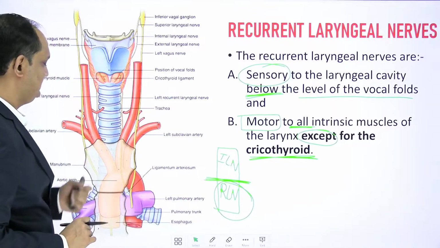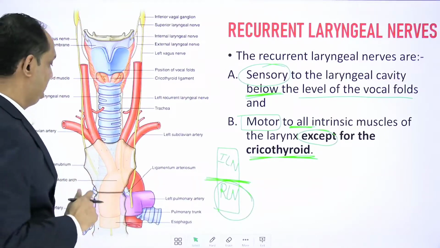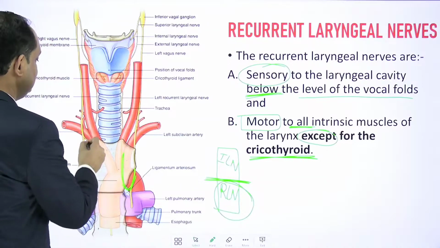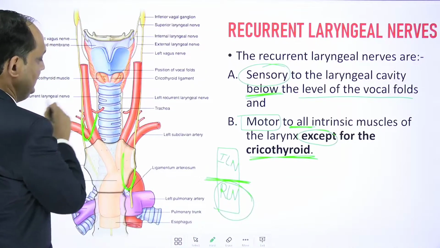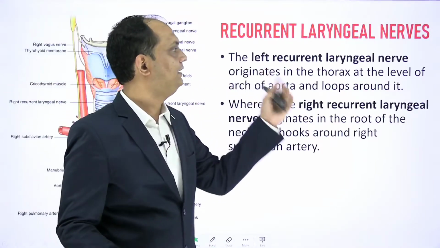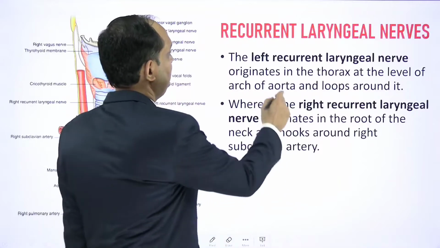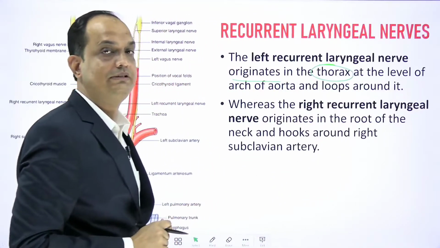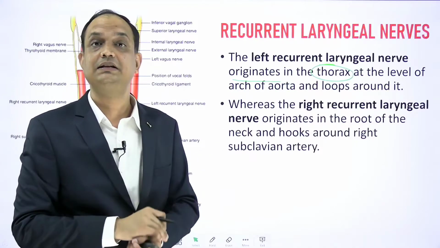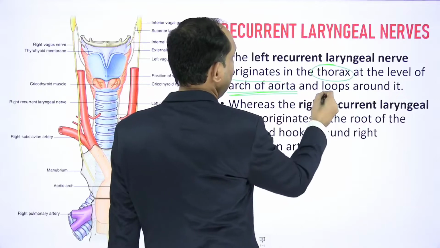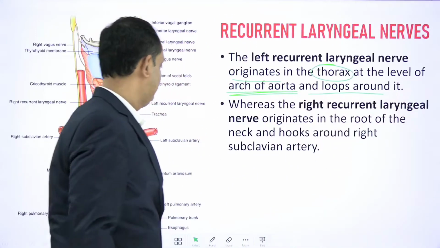Now in this diagram you can see that there are two recurrent laryngeal nerves. This is the left recurrent laryngeal and this is the right recurrent laryngeal. So we will discuss them one by one. First, the left recurrent laryngeal nerve originates in the thorax. In the mediastinum, you will see that it arises at the level of the arch of the aorta and makes a loop around it, which you can appreciate in